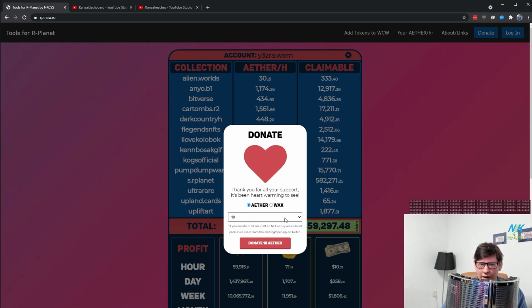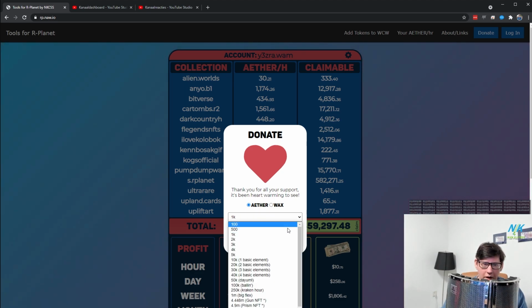So I kept it at the 1000 Ether that it was before, and I made a drop down for all the people that want to pick their own values, right? So you can go down to 500 or 100 if you don't have a large Ether per hour but still want to donate. I really would like to recommend you to not donate if it's still like a high number